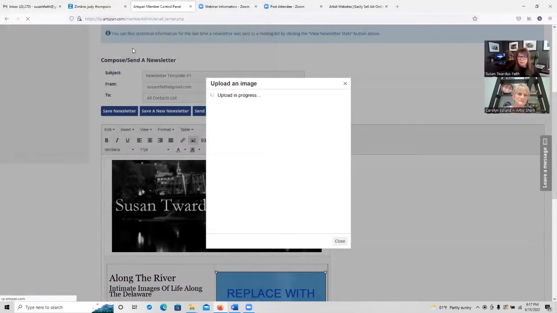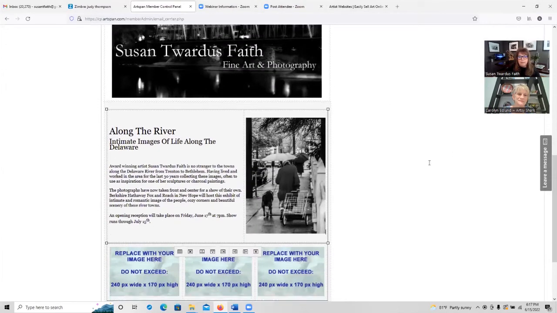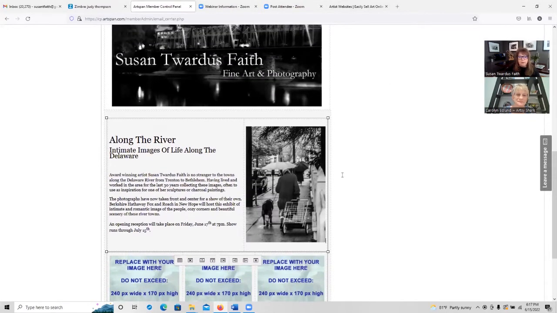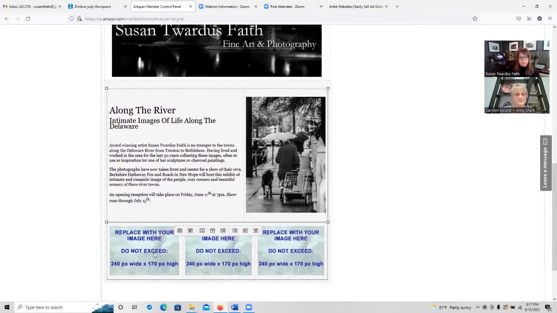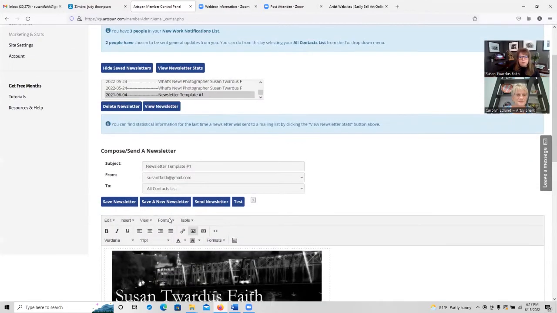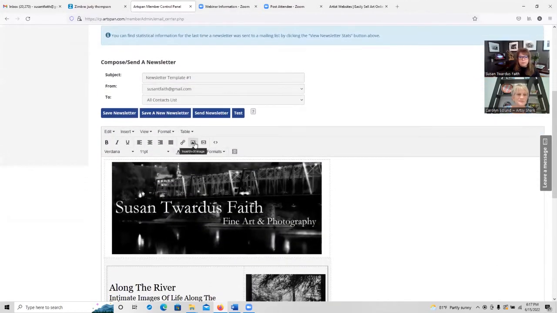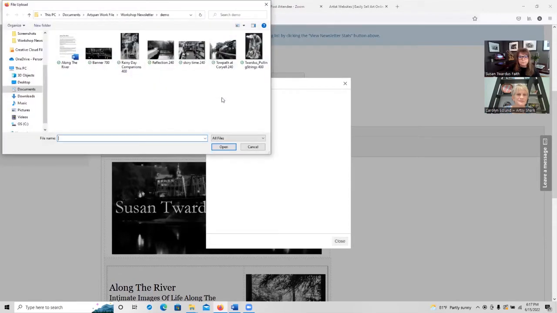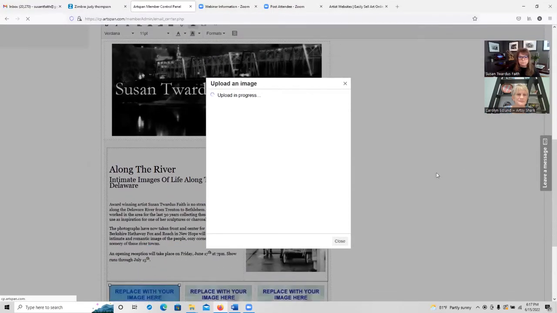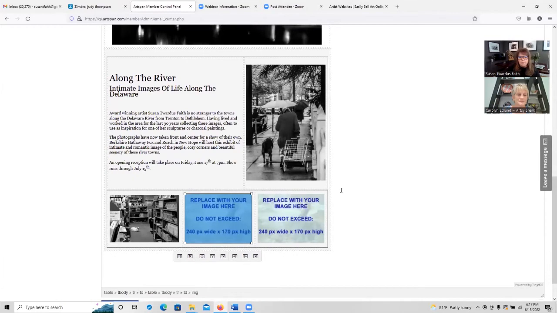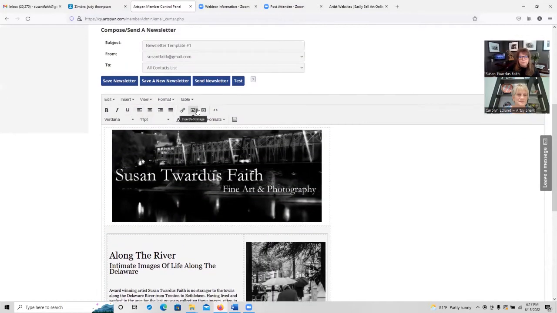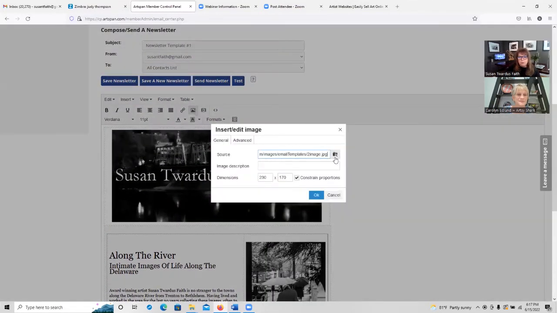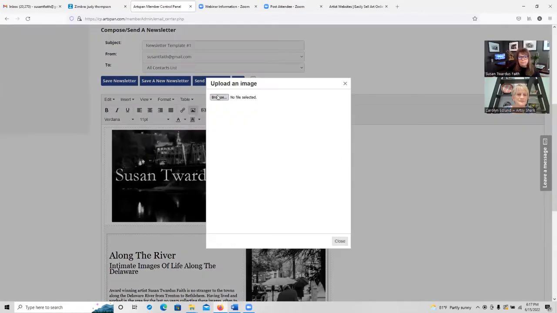So I'm going to double click on it. And it just pops in there beautifully. I don't have to size it. I don't have to move my text around. It just fits beautifully. The smaller ones, because they are already formatted, are going to do the same. They're just going to pop in there without me having to fuss with them at all, because I did all the prep ahead of time.